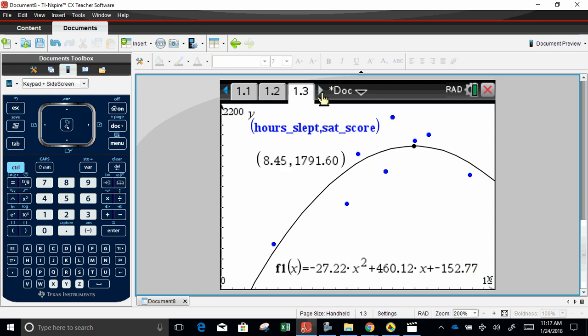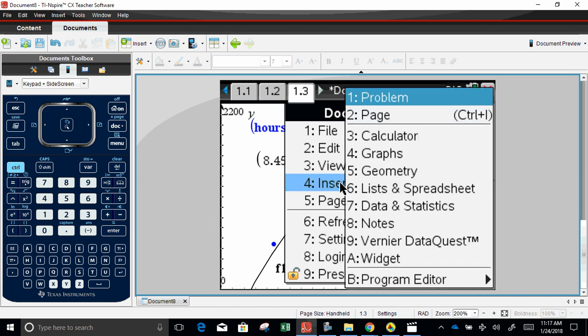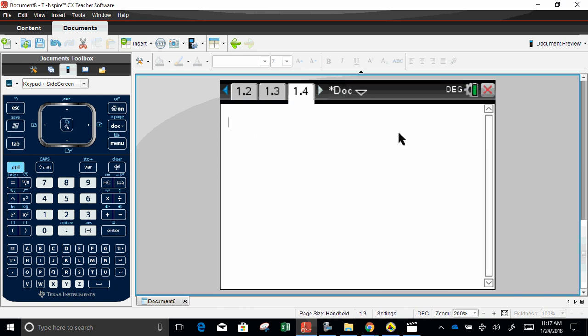You can also add a calculator page where you could ask at F1, what is, I only do 7 hours of sleep, I know I'm nervous. I'm going to get 6 hours of sleep. I predict my score to be 1628. On the other hand, I overslept for 10 hours. My score is at 1726, supposedly. But if I had slept the 8.5,